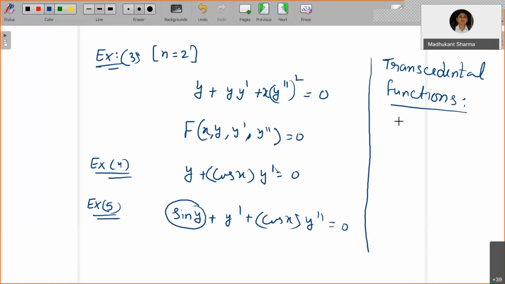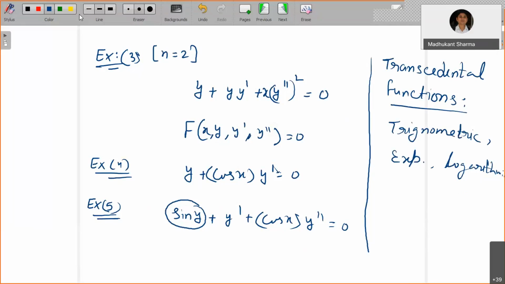All of the trigonometric functions, the exponential function, the logarithmic function, these are all called transcendental functions. As simply as I can tell you, or in other words, what this means is,